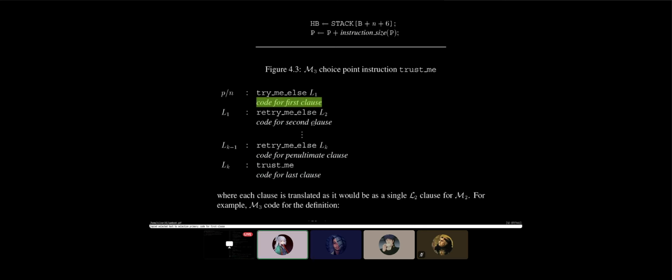Then we emit the code for the first clause, and then we know the next empty space where add instruction would add an instruction is L1, so we need to fix the original try me else with the correct value for L1. Okay, so go to machine.ml and let's change that because that's wrong.